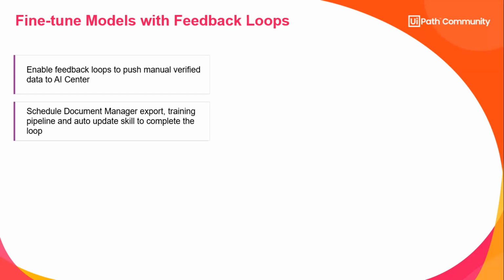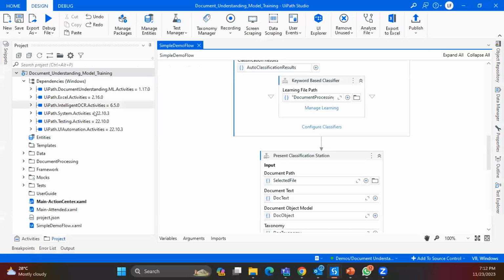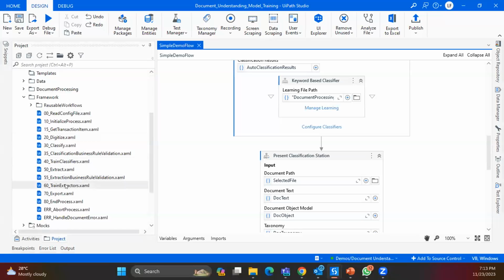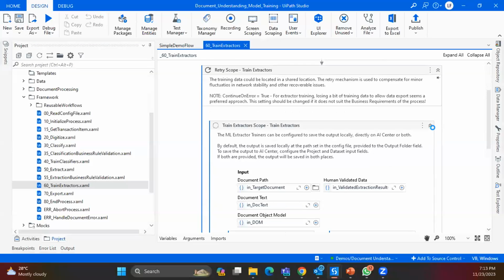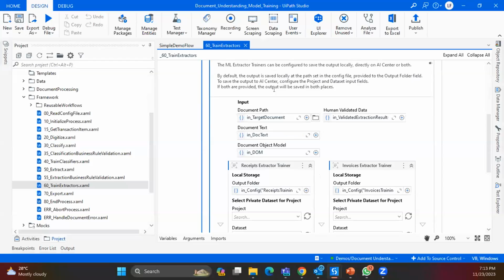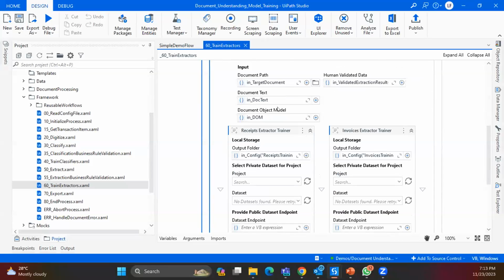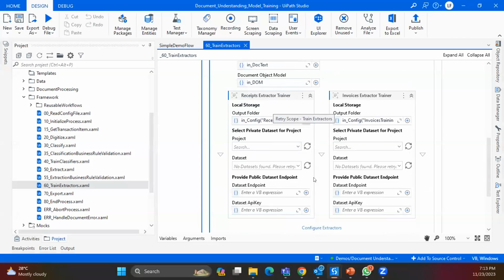We have the same set of activities for feedback loops when it comes to AI stuff. So let me show that as well. I'm having this view template open. So if I just go to train extractor workflow, here you can see the extractor scope, and depending on the extractor that you are using, you can use these